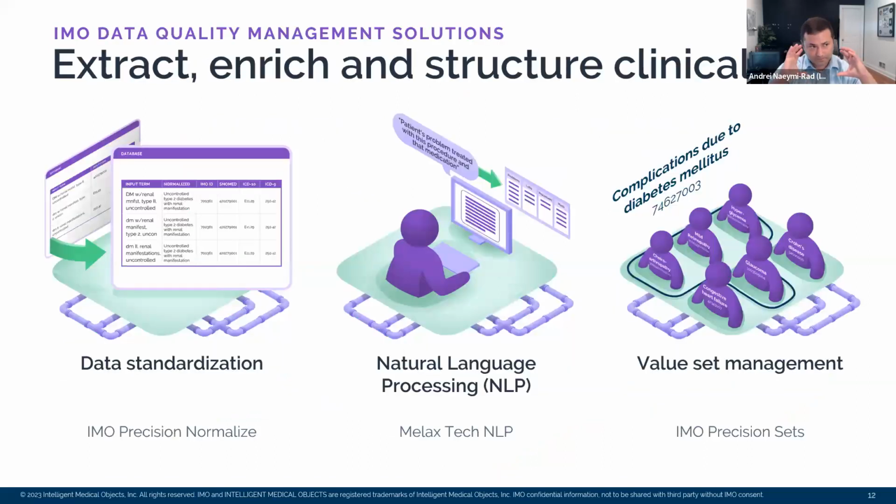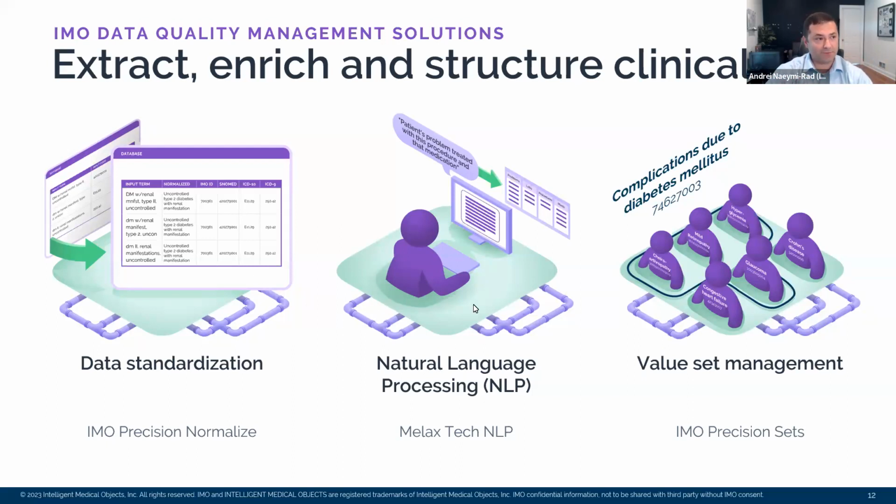So as you think about reorienting your aperture on IMO's support for this kind of ecosystem, IMO's Precision Normalize product deals with structured data, right? If I have a term and a code, if I have just an 837 claims feed and all I've got is an ICD-10 code, or if I have a term and I don't know what codes I'm looking for, IMO's Precision Normalize will take a look at the input, keep it as it was, so we're not changing anything, but we'll give you additional alignment to the IMO nomenclature, which will also have a secret decoder ring to all of the codes behind the scenes. So you're keeping that content up to date on a regular basis.